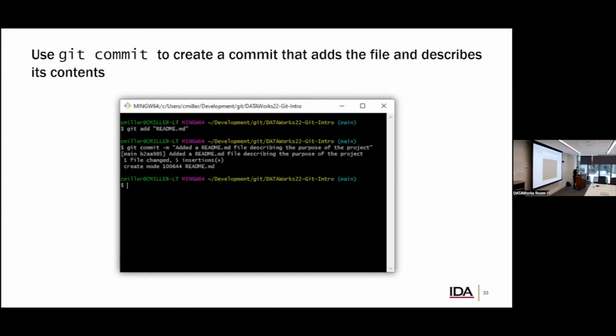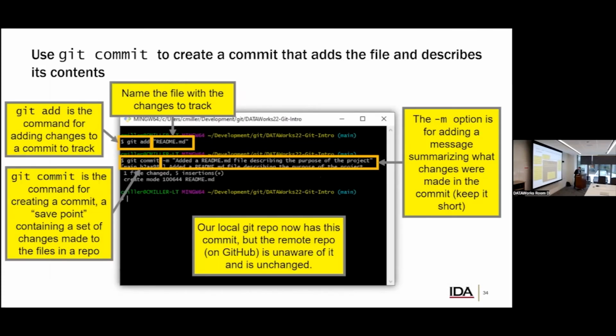How are we going to do that? The first thing we're going to do is use the command git add. So in this case we say git add and then the file's name, README.md. I wrapped the file's name in quotes. I probably could have gotten away without doing that, but I would not have gotten away with it if I had put spaces in my file name, which, as a tip,